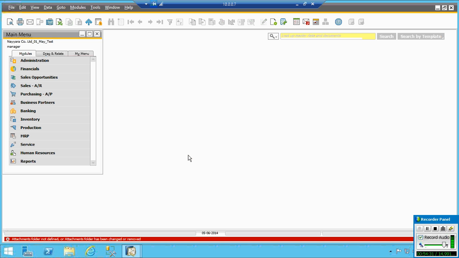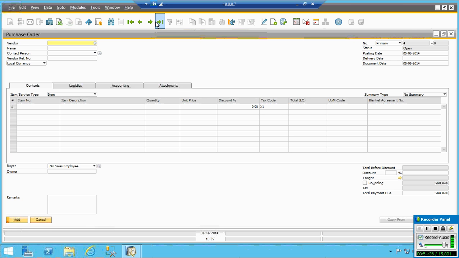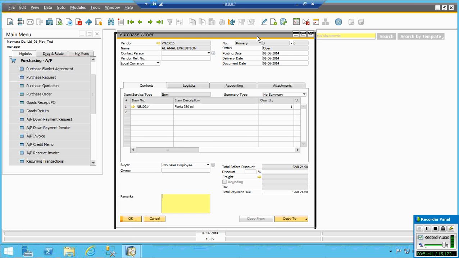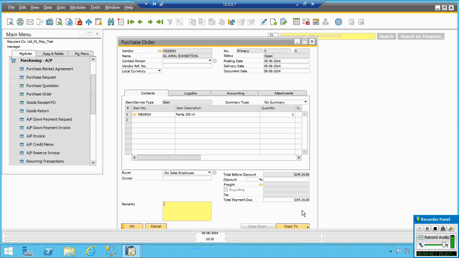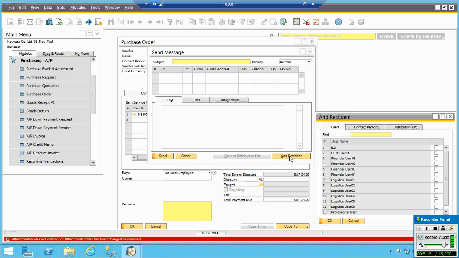You can say, for example, this is the PO. Then let's just do this process. So this is the PO, and I want this to be approved by the CEO. Or if you want service approval, you use this option here: send an internal message. I am telling the recipient, I am telling the manager.